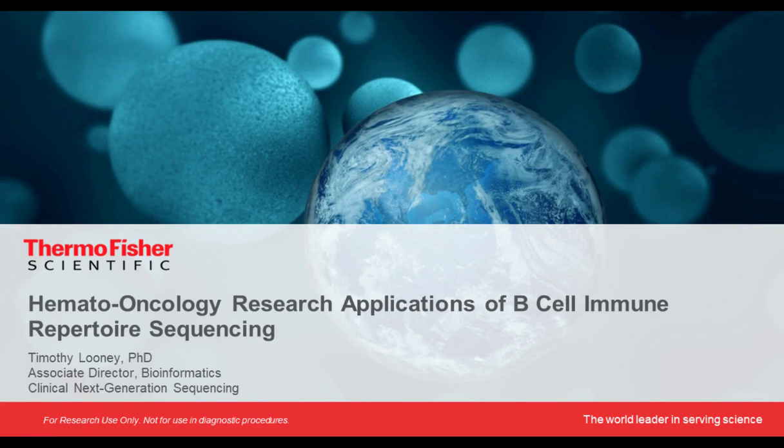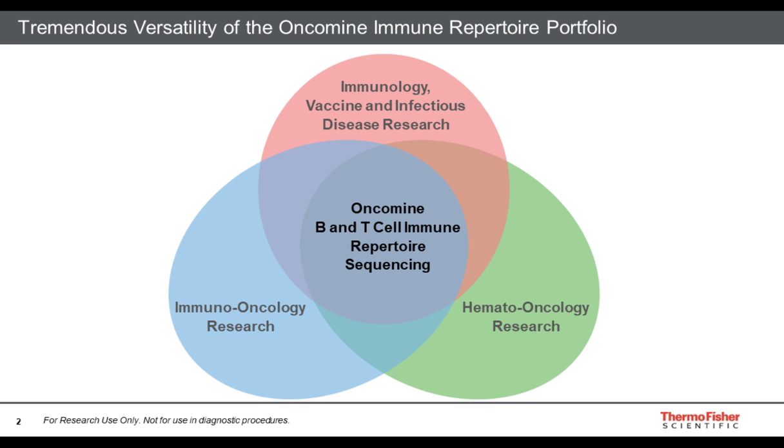Great. Well, it's a pleasure to be here and talk to you today about Haemato-Oncology applications of immune repertoire sequencing. And before I get into the content of my talk, I'd like to mention that immune repertoire sequencing data is a tremendously versatile data type, and it can be applied to immuno-oncology research, immunology, and infectious disease research, and as I will describe today, Haemato-Oncology research, where it can be used to detect and track B-cell and T-cell clones of